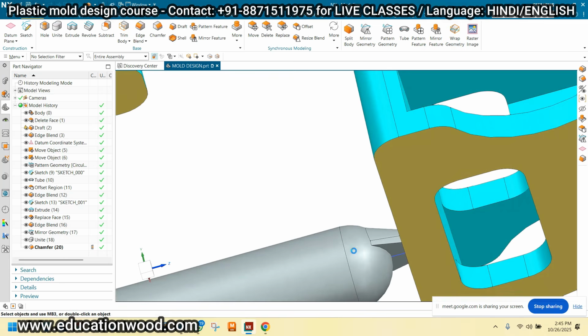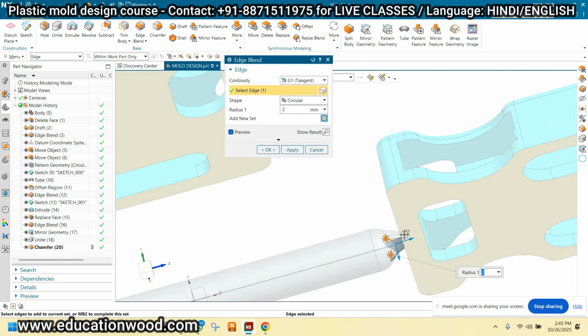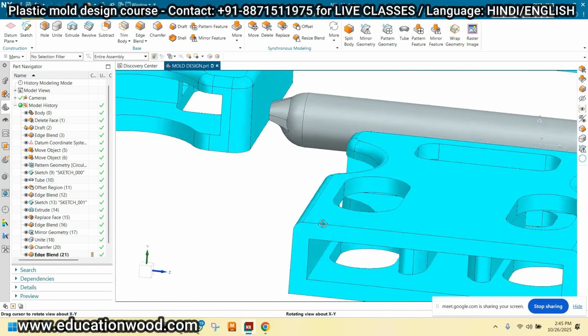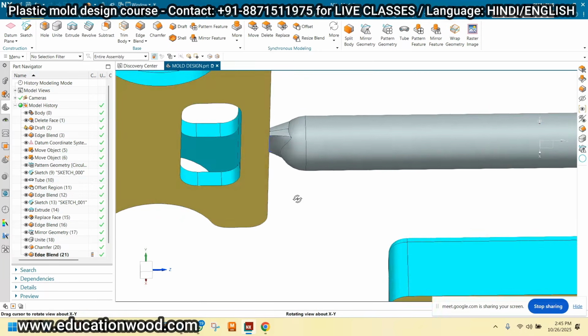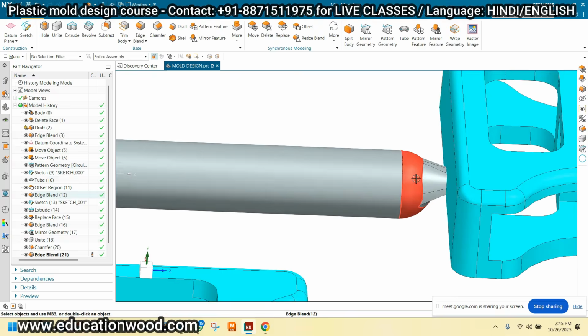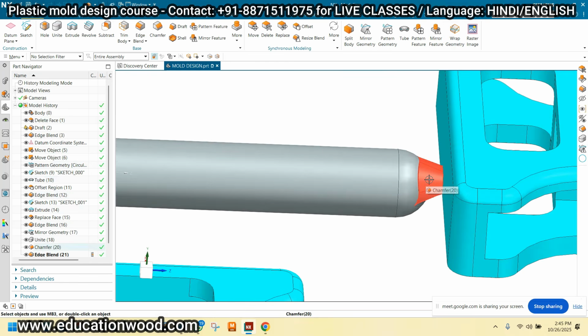No? This is easier then, but the same dimension with the same dimension. Okay, see, like this. It is nothing but for the smooth flow, only for the smooth flowing.